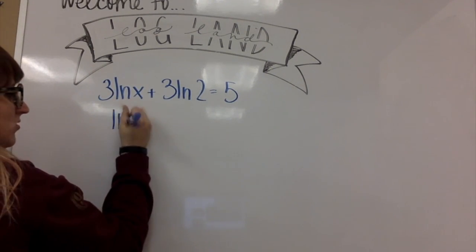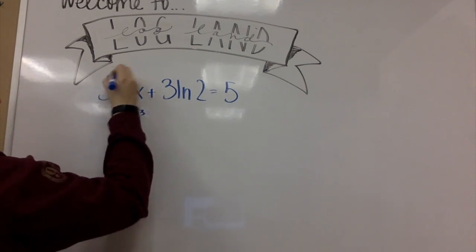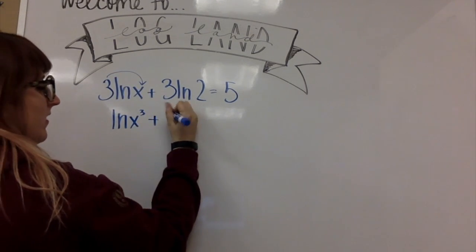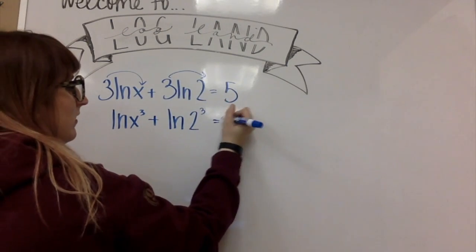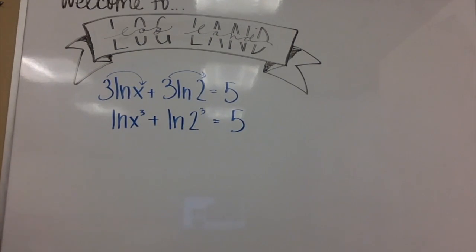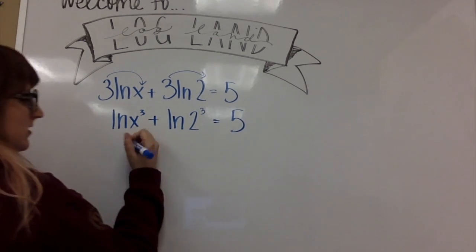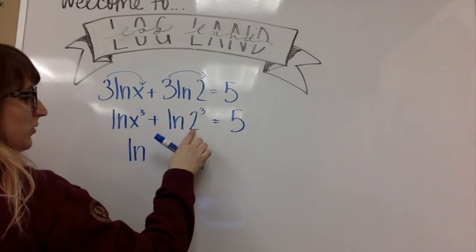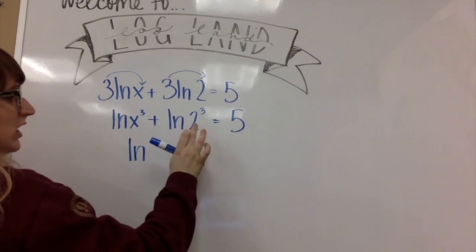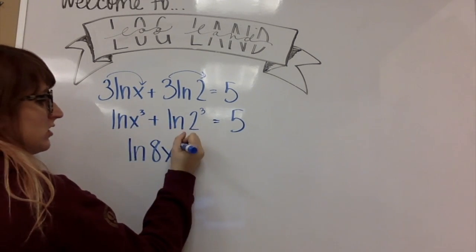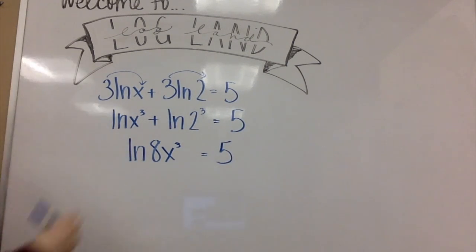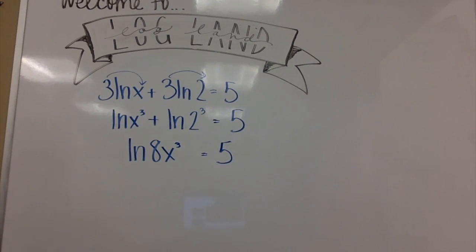So I'm going to have the natural log of x cubed, because I'm bringing this 3 over, plus the natural log, now I'm moving this over, of 2 cubed equals 5. Now I'm going to combine my natural logs, and I'm going to get the natural log of 2 cubed times x cubed. So 2 cubed is 8, so I'm going to have 8 here, and then x cubed equals 5. So now my natural log is a single